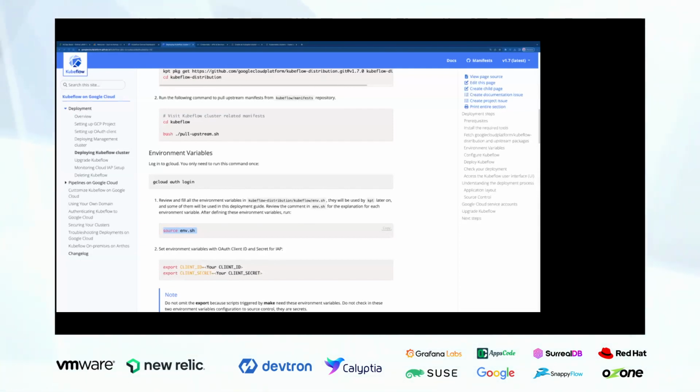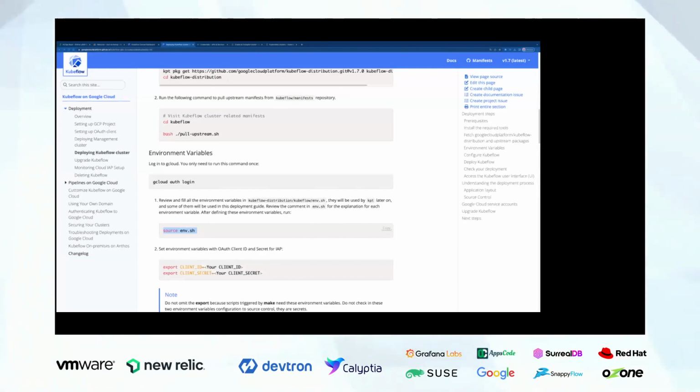So if you can see my screen here, these are the parameters that you want to put in: your GCP project where you want this Kubeflow to be deployed, and the GCP project number. We are still seeing the Kubeflow website screen.